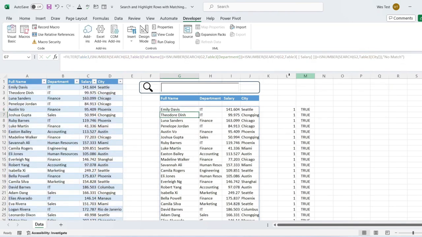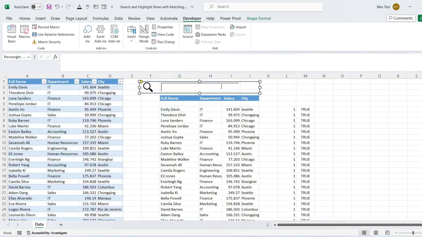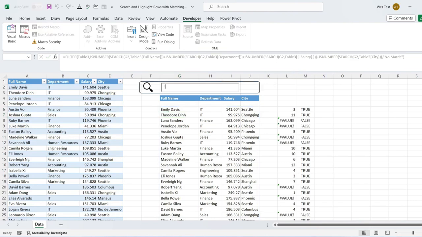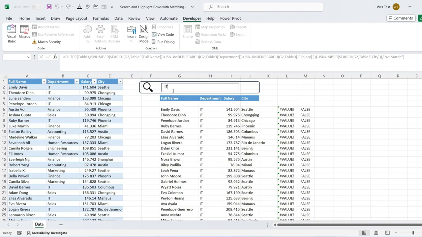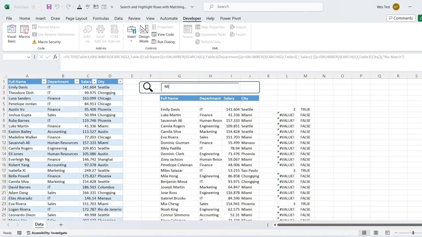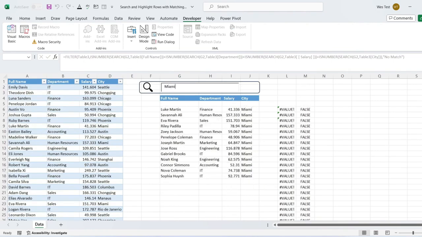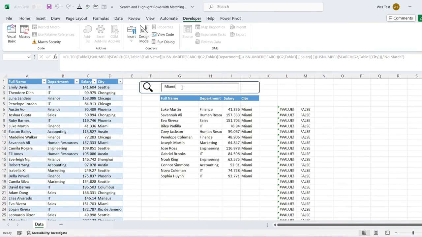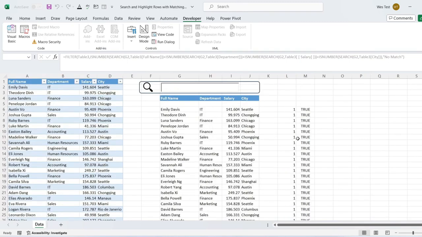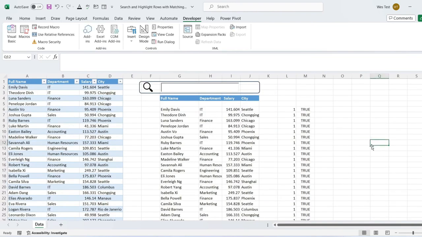Now, we can filter data based on various columns. For instance, typing IT department will filter the results accordingly. Let's also test it with City Miami. The dynamic search bar feature gives you the ability to quickly explore and extract